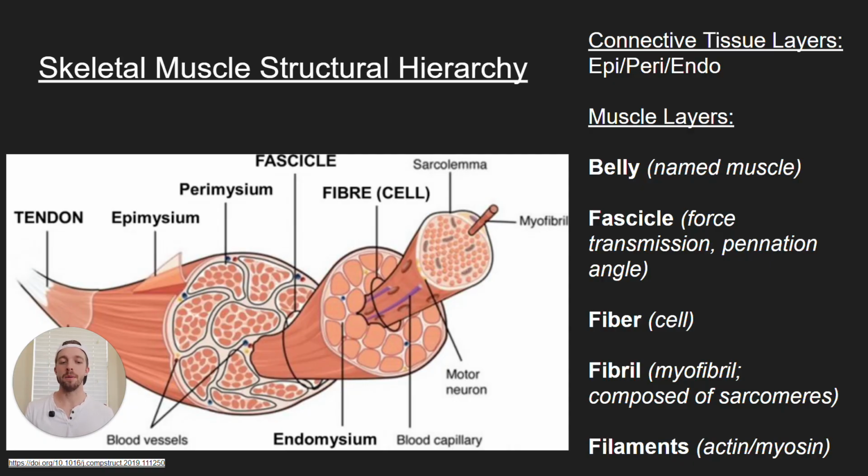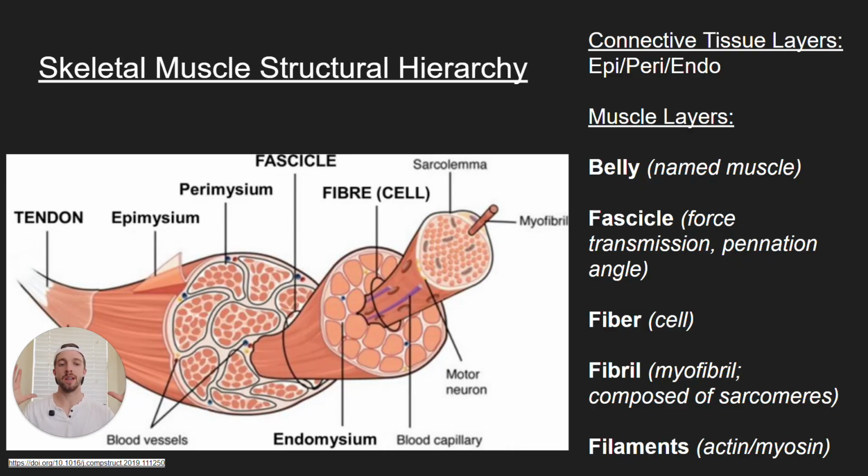Now these myofibrils are arranged in parallel, or stacked on top and beneath and next to each other within the muscle fiber. Okay, so you've got a lot of fibrils per fiber. Every one of these fibrils is broken down into filaments, myofilaments, actin and myosin, your thin filaments and your thick filaments. We're going to go a lot into that in video 2, but for now just know, okay, we've got